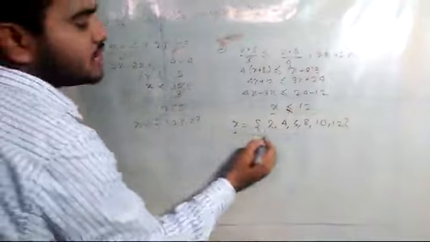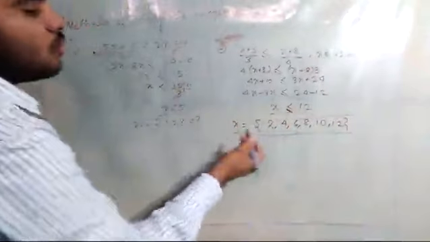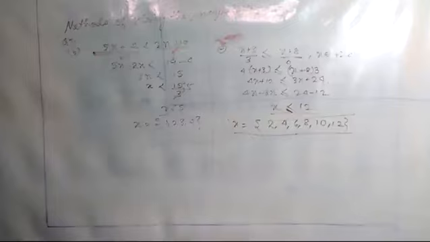You should always write the numbers in curly brackets when you have certain numbers. I hope this exercise is clear. You will all be able to complete this exercise. Take your time, my dear students. These are all basic questions to build up, so that in the next lecture I will show you how to represent the inequalities on a number line.